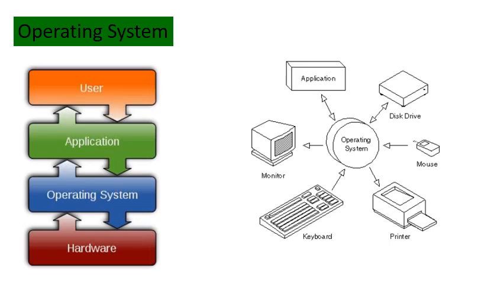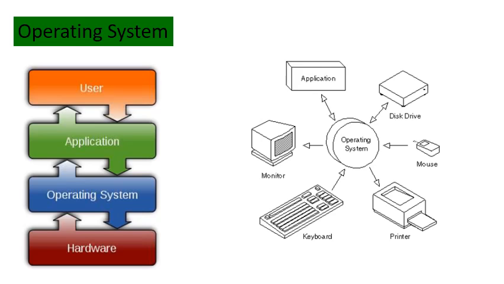Now you can see that there is the hardware at the bottom, then there is the operating system, above this operating system there is the application software, and we as a user are on the top. So we can see that the hardware interacts with the operating system. On the operating system, we run an application like MS Word, MS Excel, PowerPoint, or our media player, and we as a user give a command to the application software, which gives a command to the operating system, which gives a command to perform a task to the hardware, right?